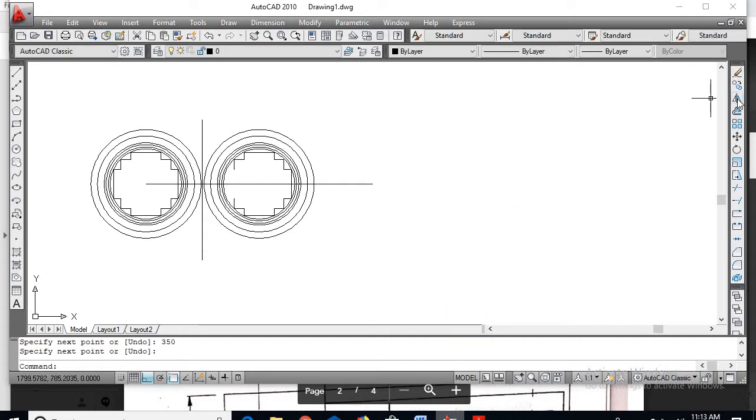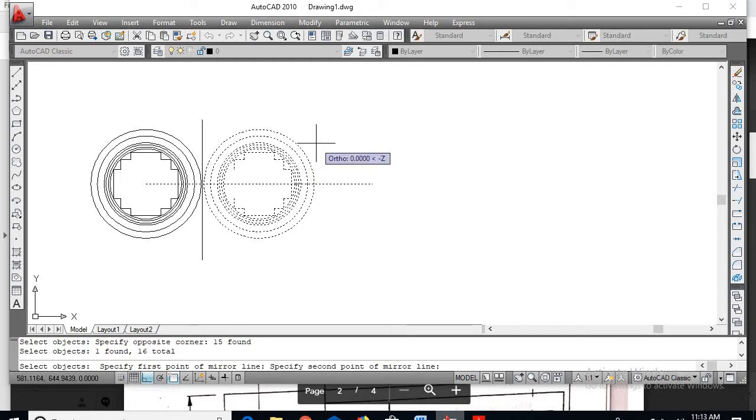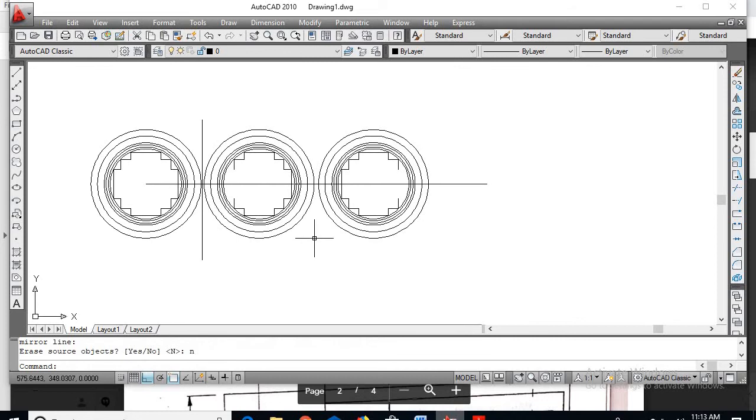Once again go for mirror, enter, so take the midpoint of the mirror, so one point here, another point here, and say no, enter.